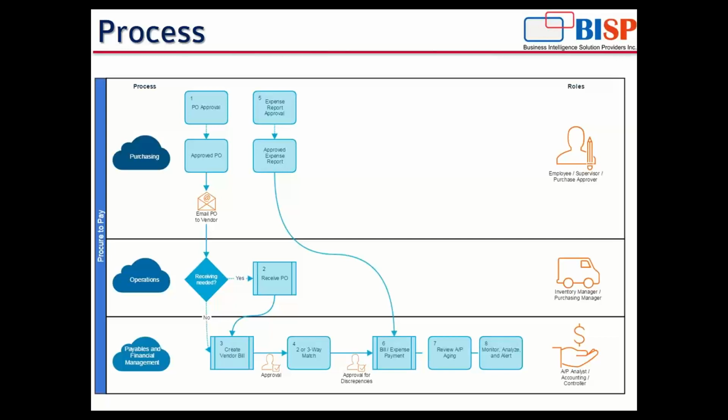So what happens in the NetSuite application, or let us not talk about the NetSuite application. Let us talk about the normal working of an organization in consideration of the payables. One employee creates the purchase order, then the superior approves the purchase order. The same purchase order is then mailed or sent to the vendor. The vendor then, depending on the purchase order, the items, etc., ships the order. We receive the order.